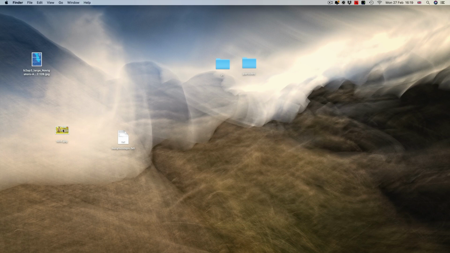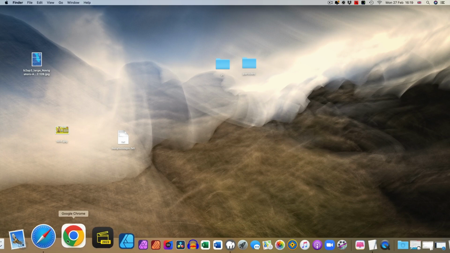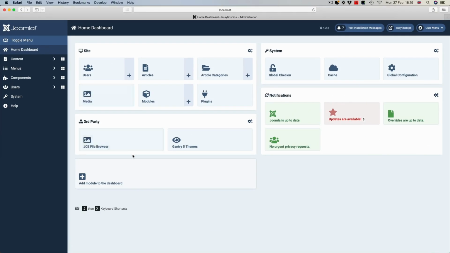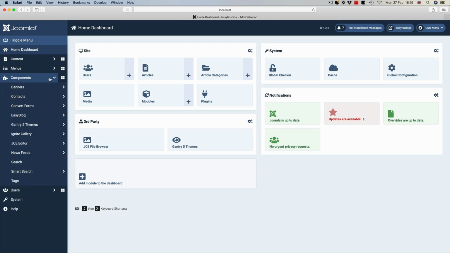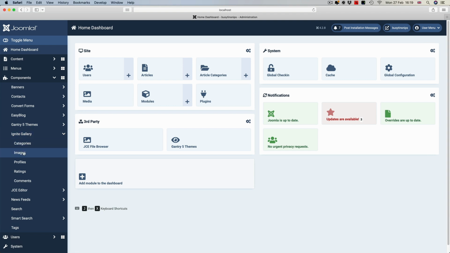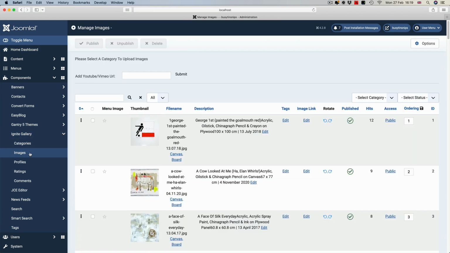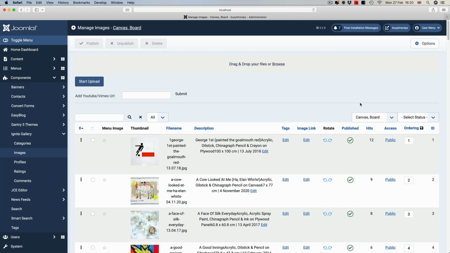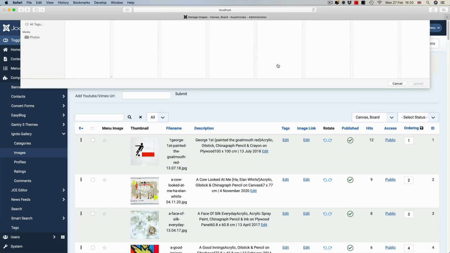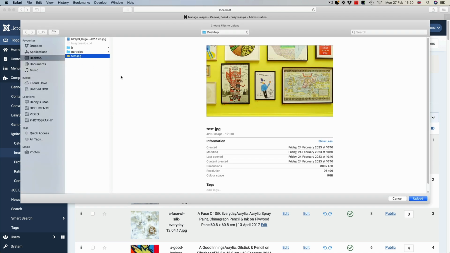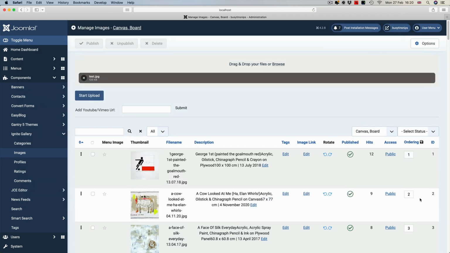First prepare your image, then log in, go to Components, Ignite Gallery, Images, you select your category, then you browse to find your image to upload, start upload,